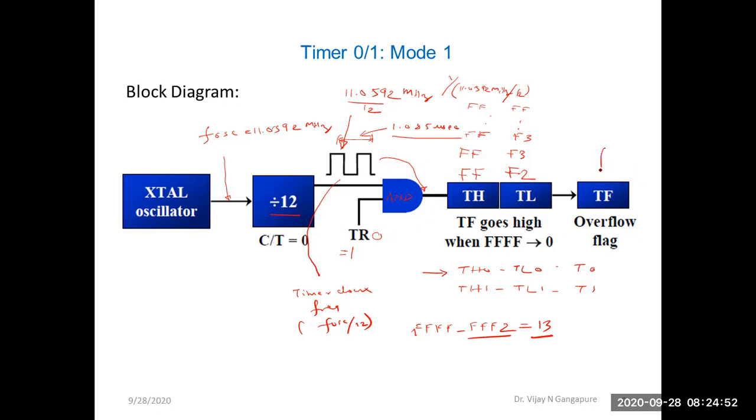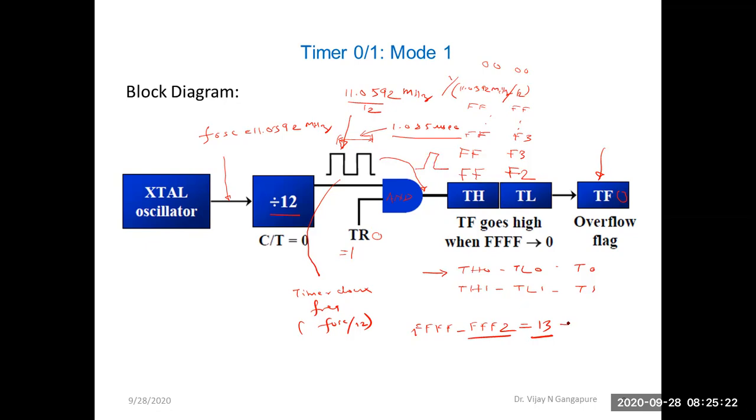After starting the timer, what is our job? Our job is to monitor this TF, that is now TF0, because we are using timer 0. The TF0 flag bit will get set when the count in the TH and TL registers rolls over from all ones, meaning FFFF, to 0000. When will this happen? After 13 clock pulses the count in TH and TL becomes FFFF, and due to one more clock pulse,